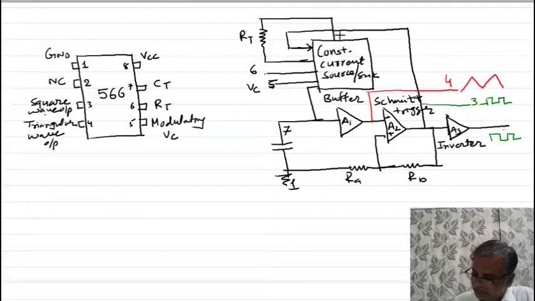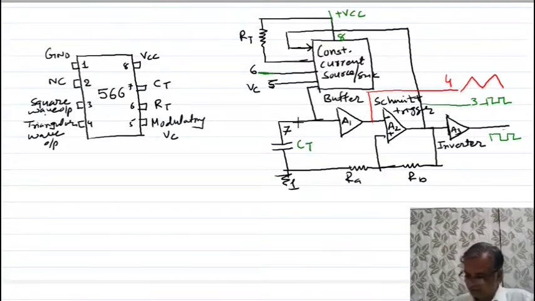Okay. Here is pin number 8, and here we are giving the plus VCC. This is pin number 6, this is 5. This is CT. This is RT. This is the modulating voltage VC you are giving here. This is RA and RB. So this is your internal block of a 566 VCO IC. Here is your output, the square wave I am showing you, and it will be inverted by